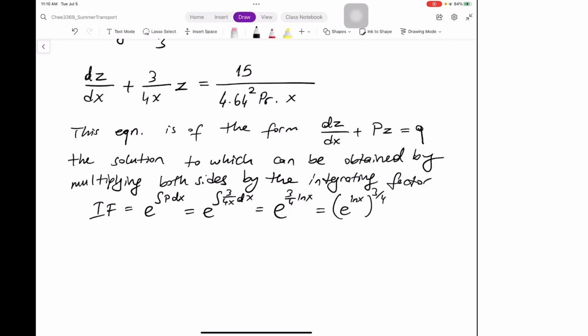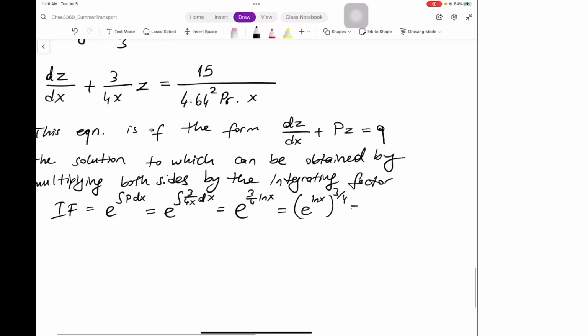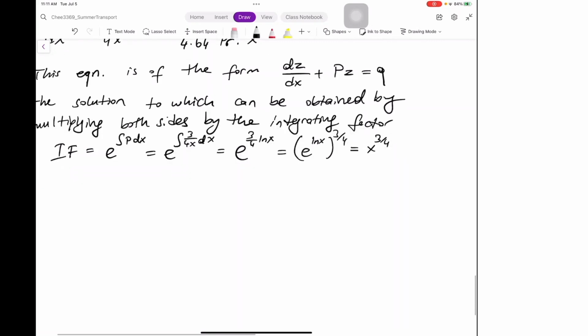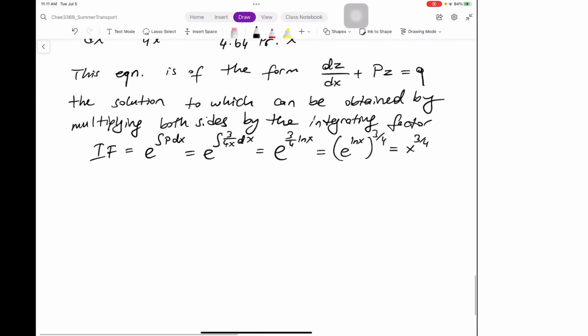E to the power logarithm of x is nothing but x, so that's x to the power 3 over 4. So let's multiply with the integrating factor. Multiplying throughout by x to the 3 over 4 gives